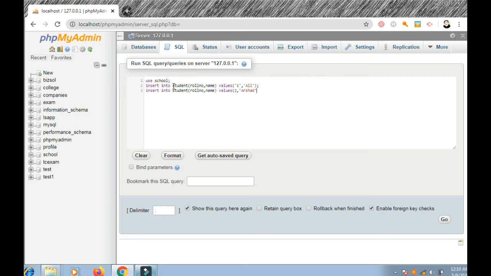Okay, so this is second row. Second row means first row is 1, second row is 2. Name can be any, not null. Name cannot be null. So for the roll number we have value 2. For the name we have value Arshad. Okay, there are two students we want to insert.